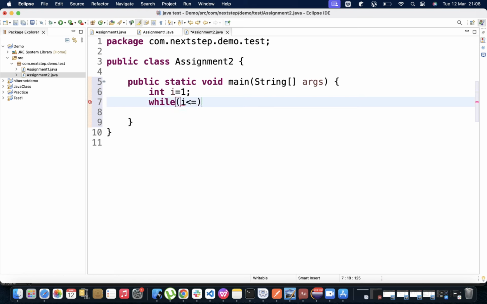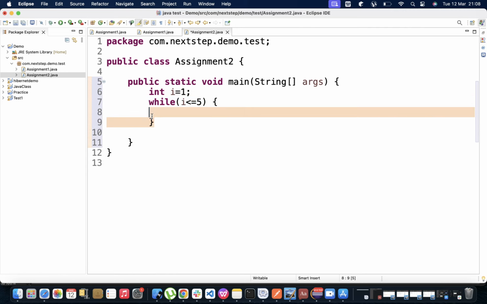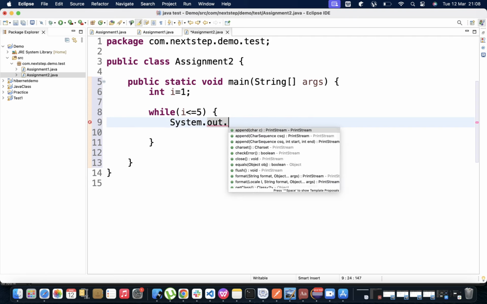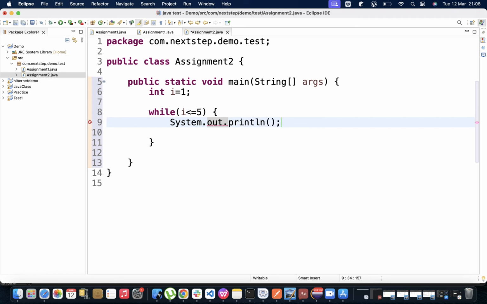i is less than equals to 5। ओके यदि कन्डिसन सेटिस्फाइड भयो भने मात्र यो लुप चल्छ, यदि सेटिस्फाइड भएन भने यो लुप चल्दैन। ओके सो म चाहिँ यहाँनिर अब मेरो नाम प्रिन्ट गर्छु। हिजो मैले सर्टकट भनेको थिएँ, SYSOUT कन्ट्रोल स्पेस थिच्नुहोस्, यसले सिस्टम डट आउट डट प्रिन्ट आफै लेखिदिन्छ, तर योभन्दा बेटर चाहिँ तपाईँले टाइप गर्नुभयो भने चाहिँ याद हुन्छ हामीलाई सिन्ट्याक्स। सो System.out.println। सो म चाहिँ यहाँनिर के प्रिन्ट गर्छु त भन्दा